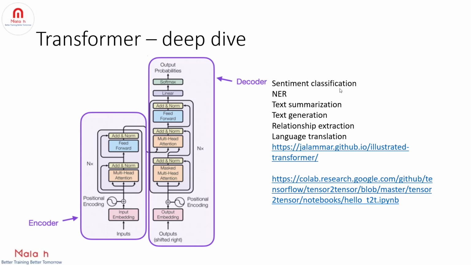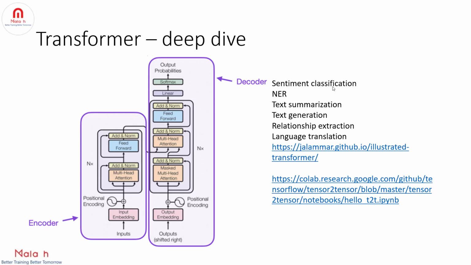This is a supervised problem, and in sentiment classification we will pass the input to the model. That is, you have a bunch of text and you want to classify that text into groups, right? And you want to predict whether it is a positive sentiment or a negative sentiment, and you know the actual value, right? So you can calculate the loss and retrain the model accordingly until the model understands the pattern.